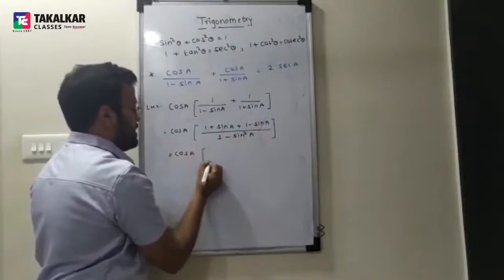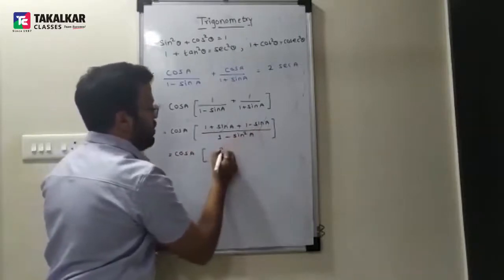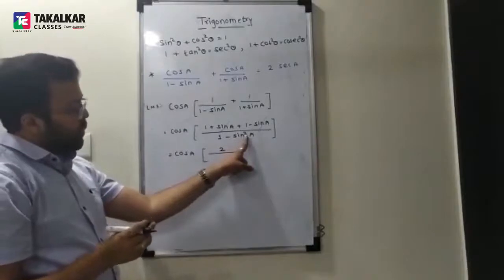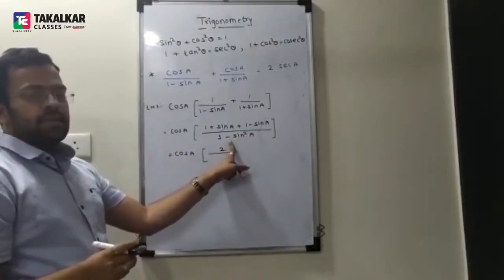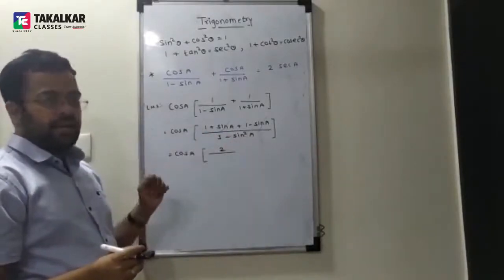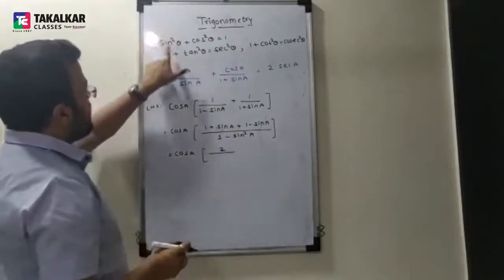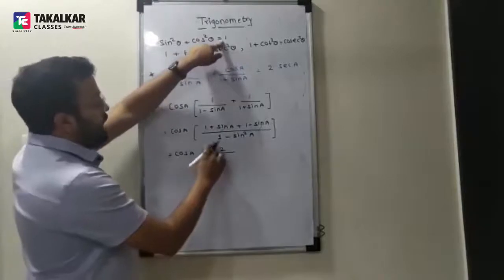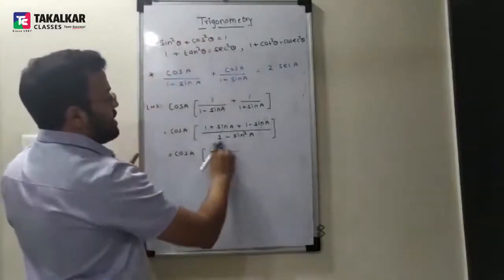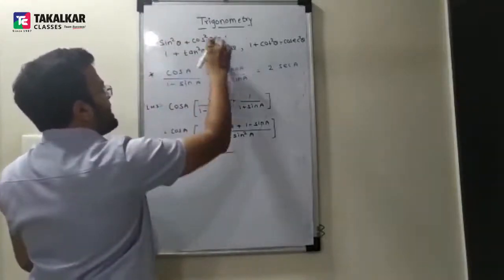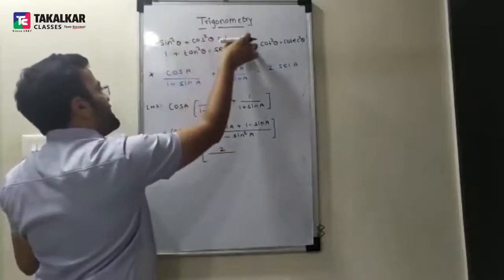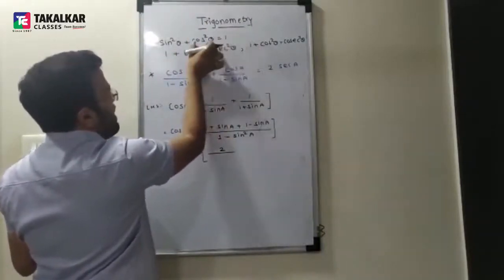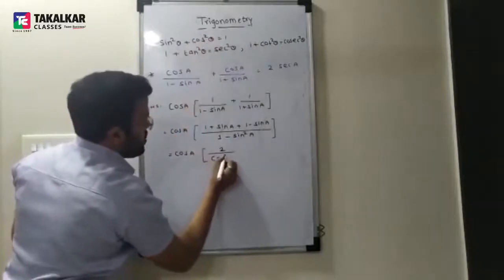Cos A as it is. Now 1 plus 1, what you will get? 2. Now important. Now here you have square, plus minus sin A. You have to take help of identity. Sine का identity. What is my identity? Sin square plus cos square is equal to 1. Adjust करो, आपको किसका वैल्यू चाहिए? 1 minus sin square. 1 as it is. Plus sin square यहाँ पे आ जाएगा. So this is 1 minus sin square. बचा क्या? Cos square.